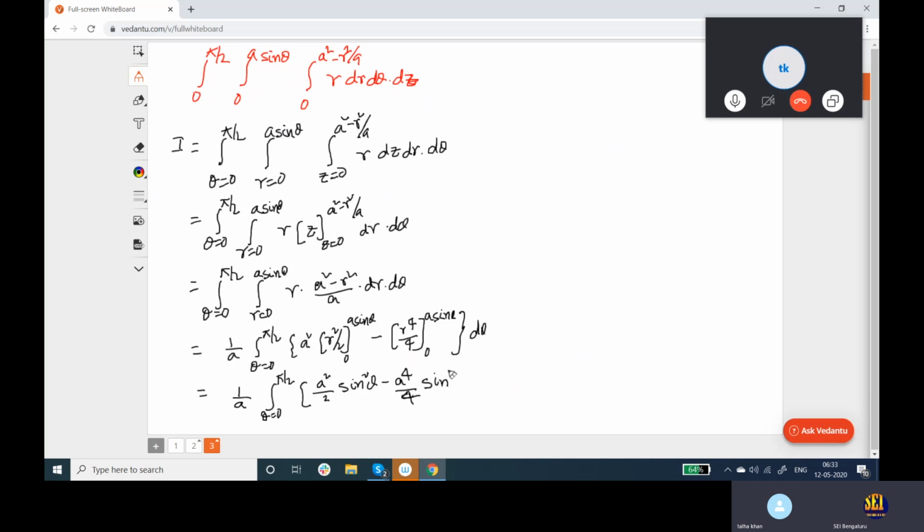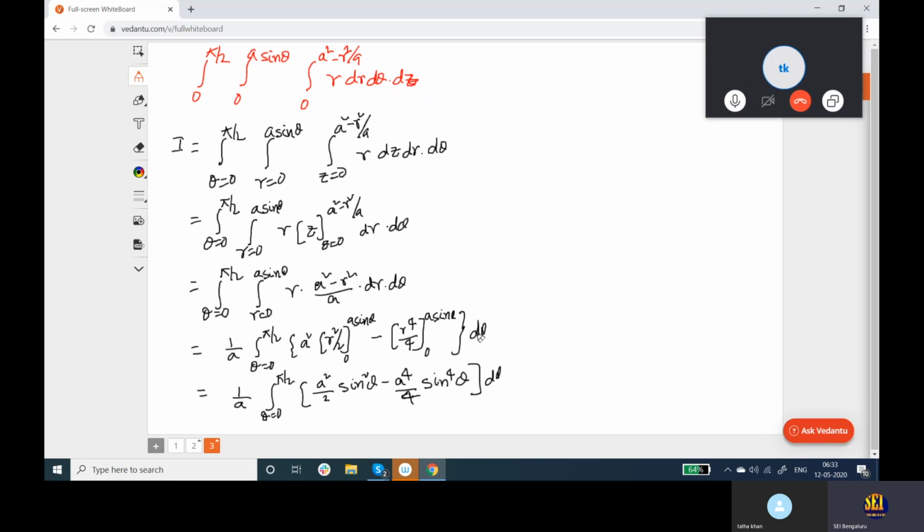You got it, right? Direct step, I make it over there. Into d theta. Just substitute it. In the place of r, from 0 to a sine theta, r square means a square sin square theta by 2. And minus 0 means that will be 0 only. So eliminated. It came here.